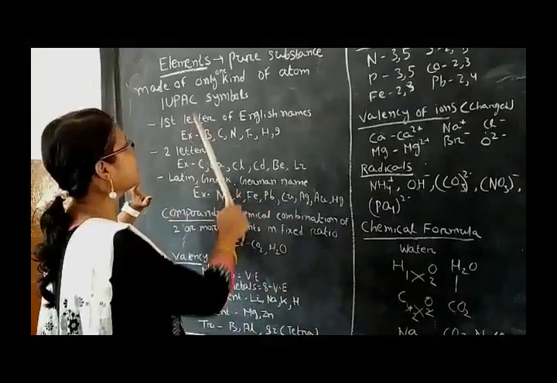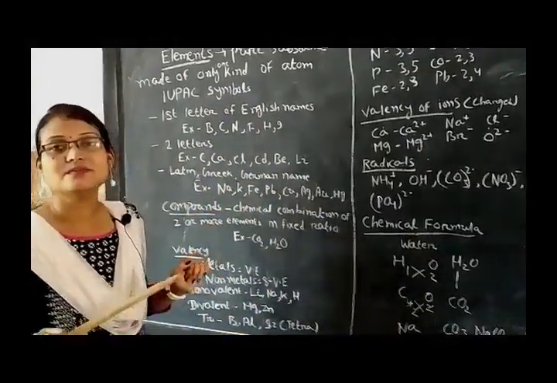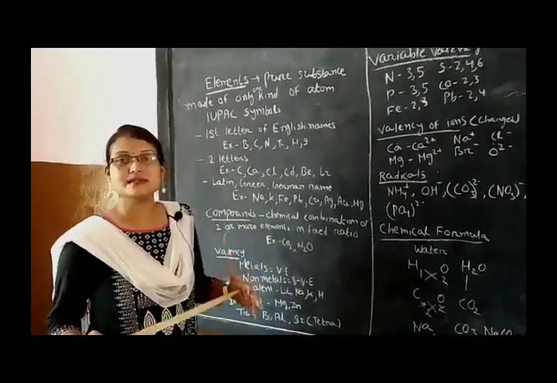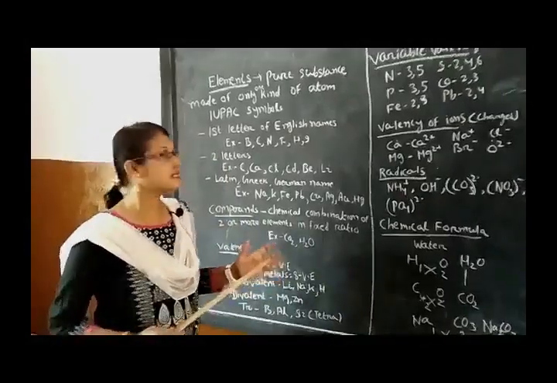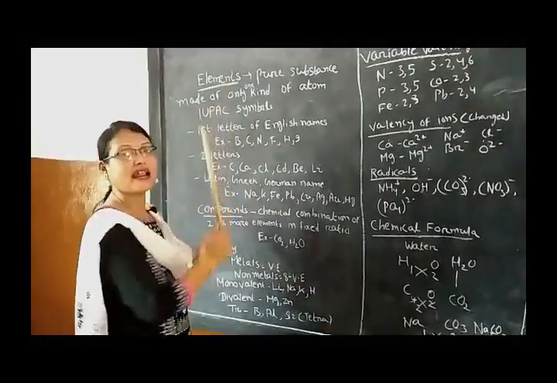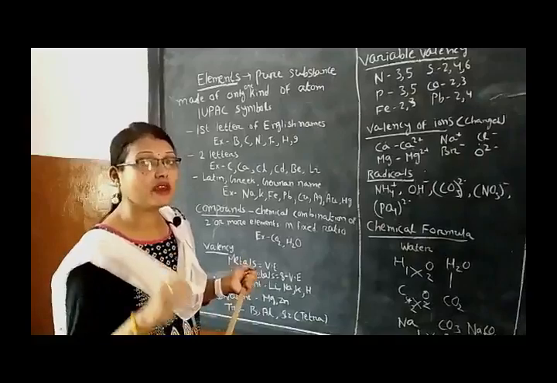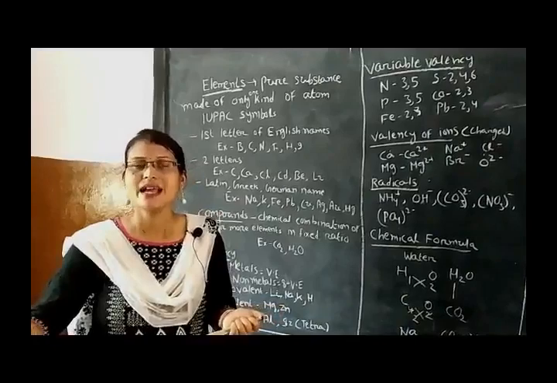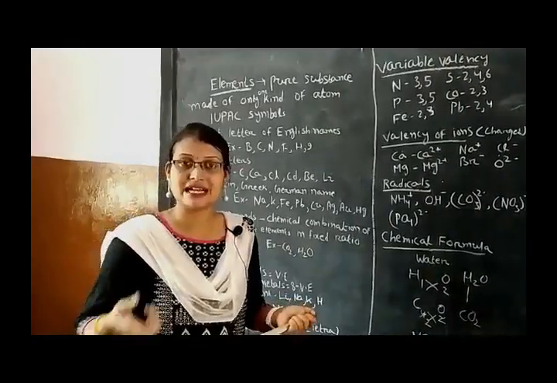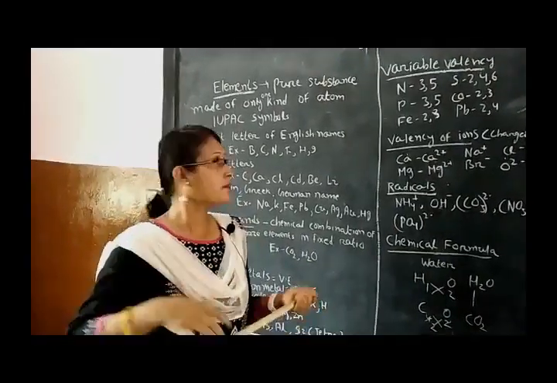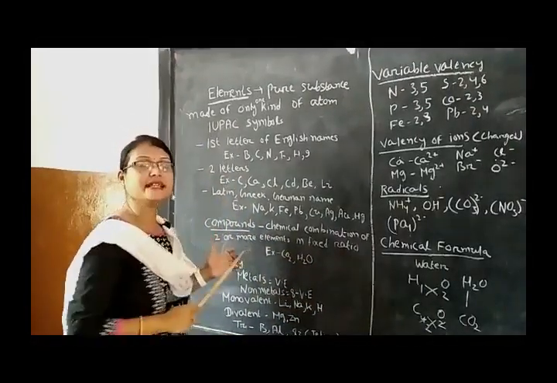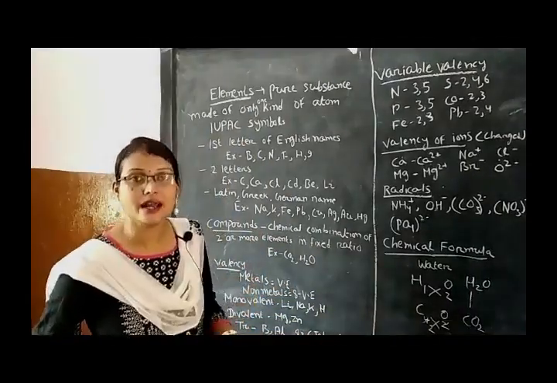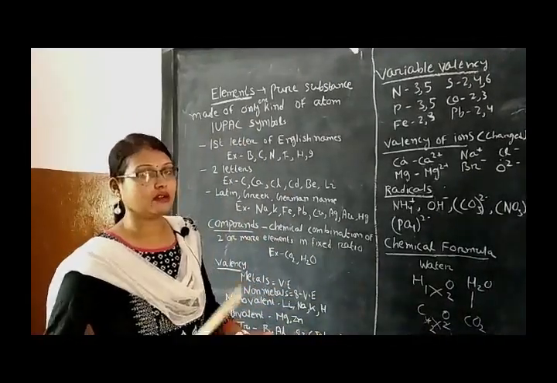So, how is a symbol represented? Symbols are represented in IUPAC nomenclature, that is the International Union of Pure and Applied Chemistry. It means whatever symbols we are using here in our school are used in the US also, internationally. That's why it is called the International Union of Pure and Applied Chemistry. According to that, they are named. So, how are symbols categorized, how are they given?